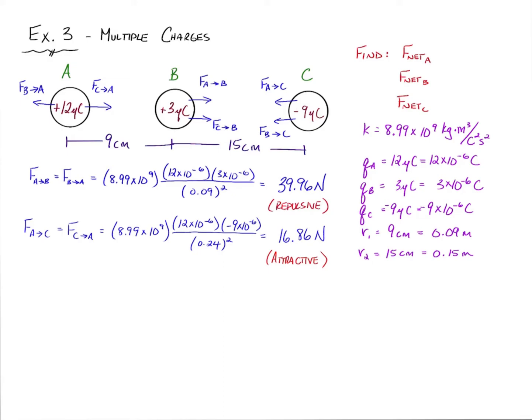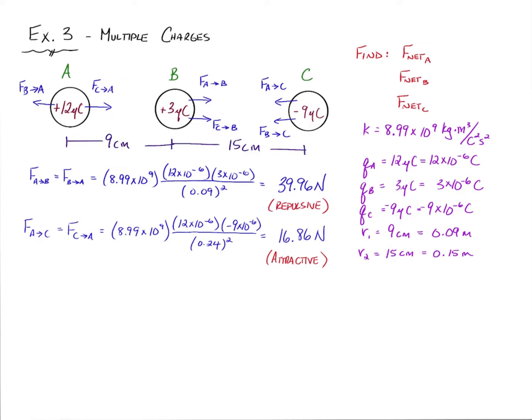I want to plug in 0.24 because the 9 centimeters plus the 15 centimeters is how far A is from C. So I'm going to divide that by 0.24. I have to add those two together. I get 16.86 newtons when I plug this in my calculator, but I actually get a negative